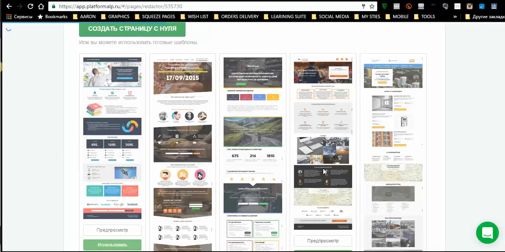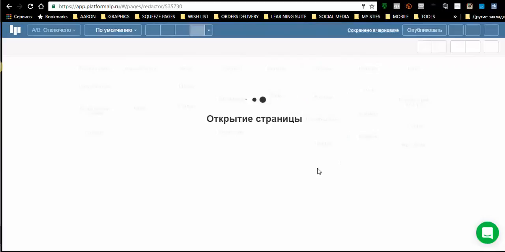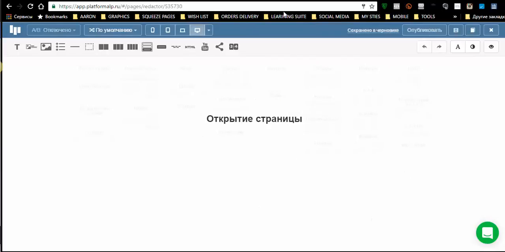Sorry for the delay because of the recording stuff and I have plenty of stuff open right now, but you will see how easy it is. Meanwhile, while it's loading the template, I will explain all the elements you can add to